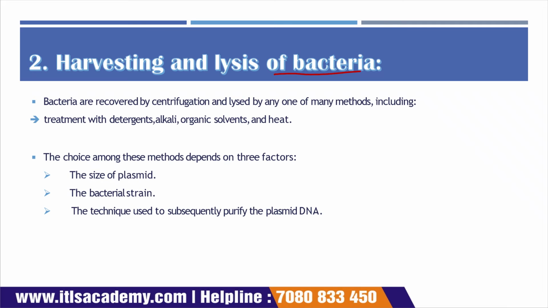After the growth of the bacterial culture, the next step is your harvesting and lysing of the bacteria. These bacterial cells are recovered by the method known as the centrifugation method. Okay, centrifugation occurs in a centrifuge, in which the impurities are, suppose that this is your centrifuge tube. Now the impurities are at the bottom, and in the supernatant we have what? We have the bacterial cells.